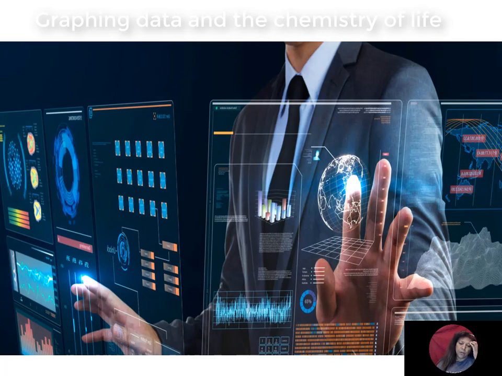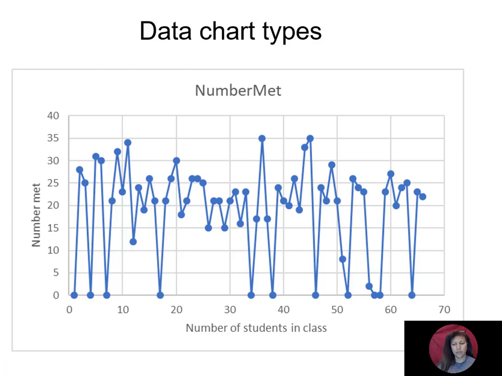When you're actually performing an experiment, which you have read about inside your module with the scientific method, you're going to gather data and you're going to have all these different numbers. And usually, what you'll do is put it into an Excel spreadsheet, and it gives you all of these different options of different ways to craft your data. So what you're looking at here is a scatter plot with lines,